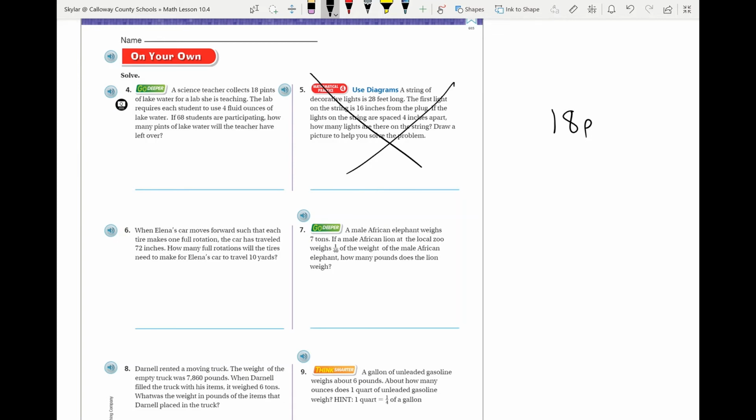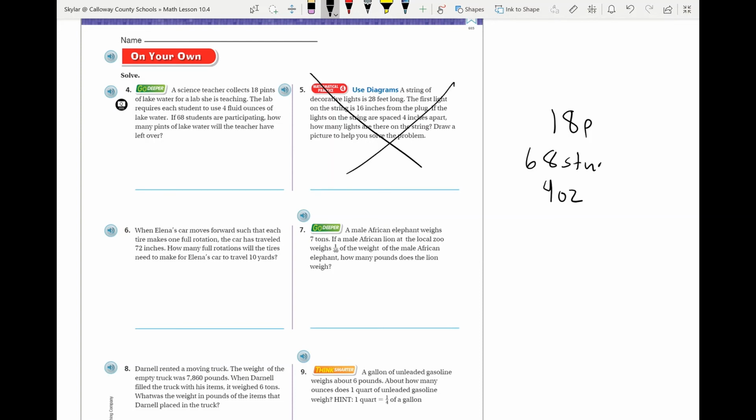If 68 students are participating, how many pints of lake water will the teacher have left over? Well, so let's find out how many ounces of lake water there are total. Or excuse me, how many ounces are being used. So it says the lab requires each student to use 4 fluid ounces, and there's 68 students. So 68